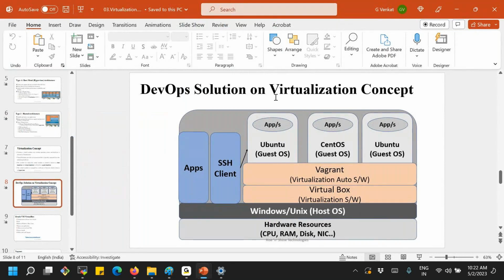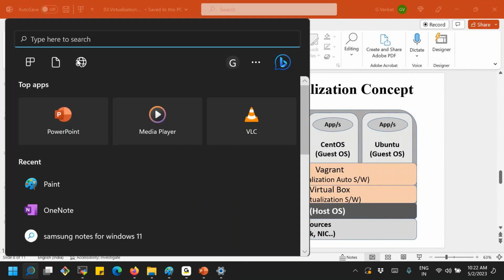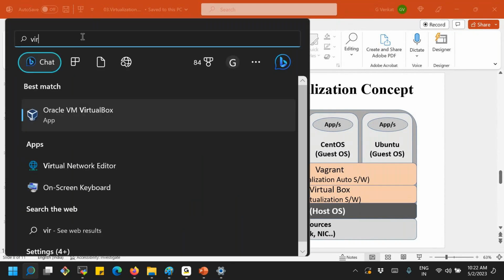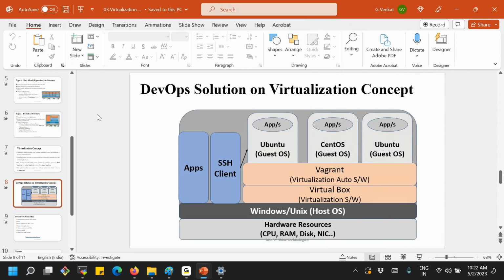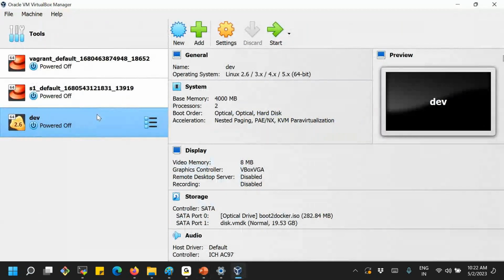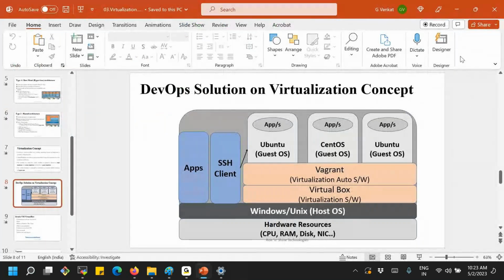But if you'd like to open it, yes, you can go to the search option. If you just search for VirtualBox, whenever you need it, you can open VirtualBox. But this is not required. We are not going to touch this to manage the virtual machines required for our Linux operations. Yeah, just close this. But this is one time only. Is it clear about the VirtualBox installation and what the inputs are? The main input it is prompting for is the ISO image. Okay, good. But next, we are not going to do that ISO image downloading and uploading manually.